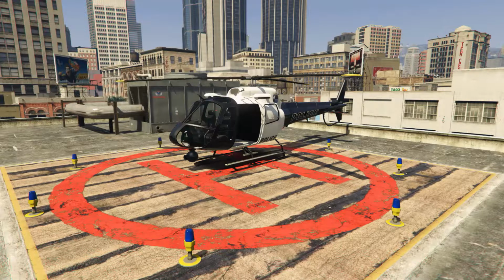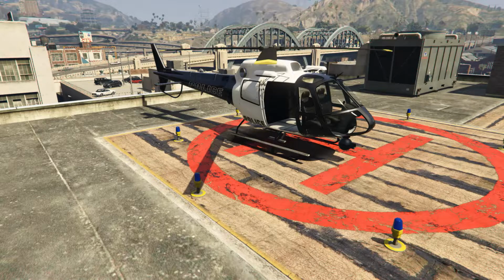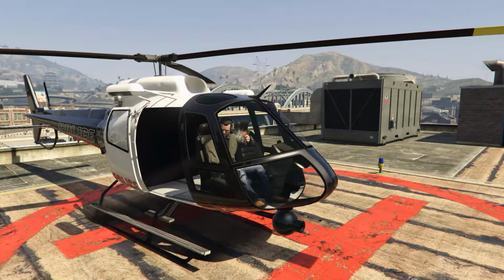Alright, now let's talk about the Police Maverick. The Police Maverick is essentially an updated version of the classic Maverick. The Police Maverick and subsequently the Air Ambulance Maverick are both based on a French Eurocopter AS350B, while its previous renditions are akin to the classic Maverick design, being based on the Bell. The Eurocopter AS350